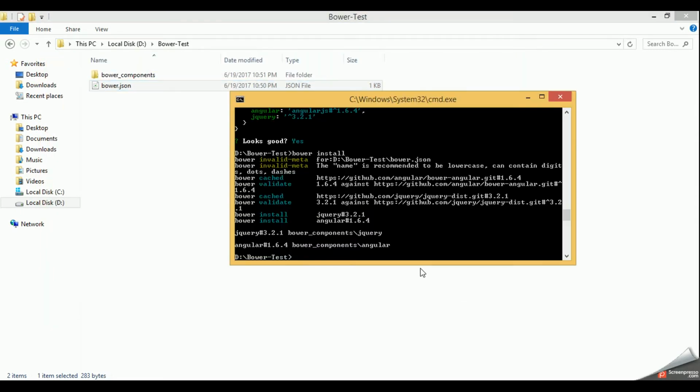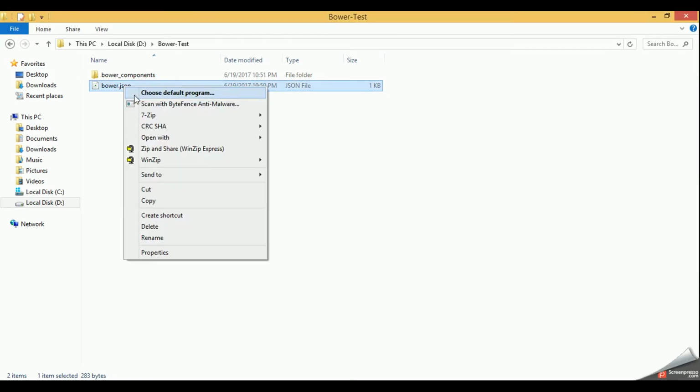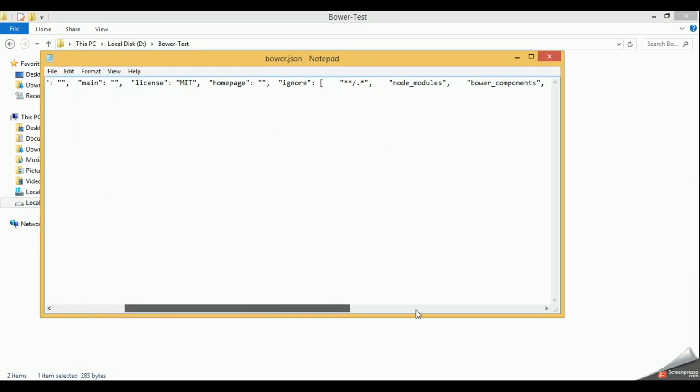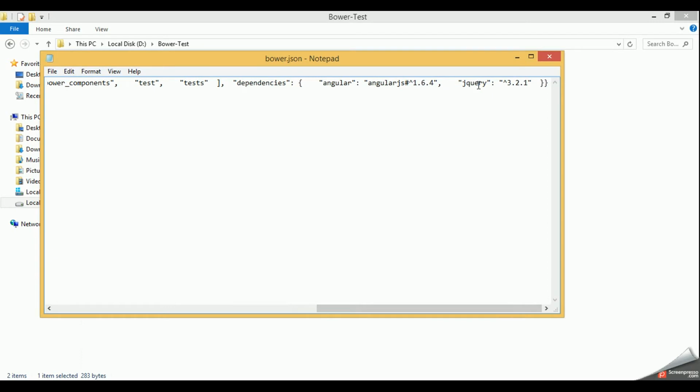Right now we have only dependencies. So if you are using some external packages which are related to your development task, for example Grunt, Gulp and all, you can have these dependencies within the dev dependencies section. And if you are using some external packages which are related to running your application or which are going to support your application at runtime, you should have all these dependencies within the dependencies section, like AngularJS, jQuery. Likewise, we can see here within the dependencies section we have AngularJS and jQuery, because these are the packages we'll be needing while running the application.